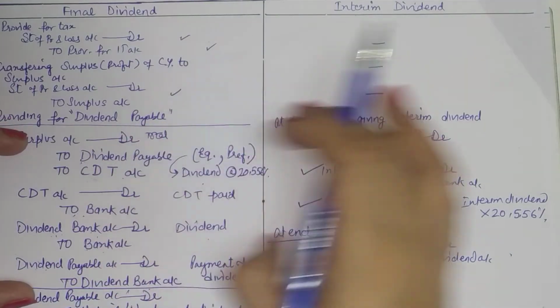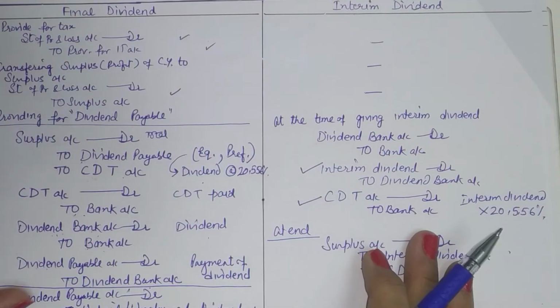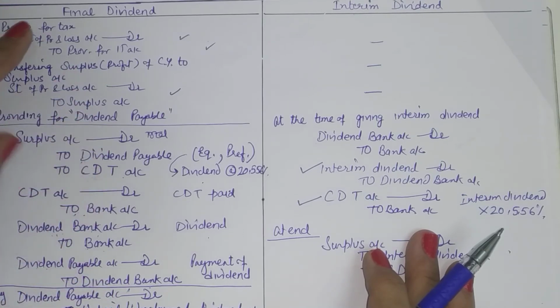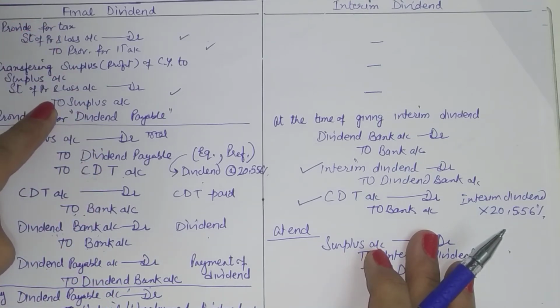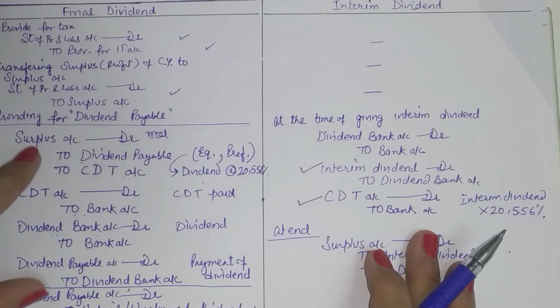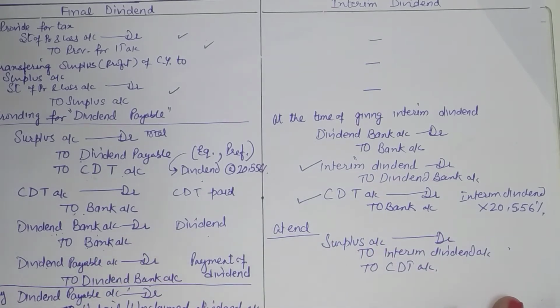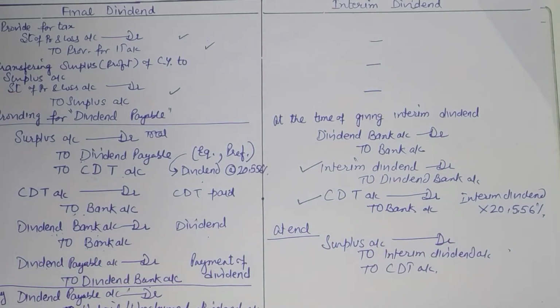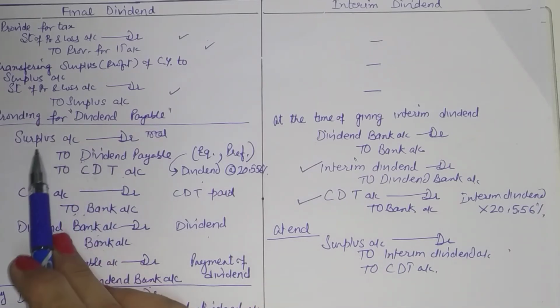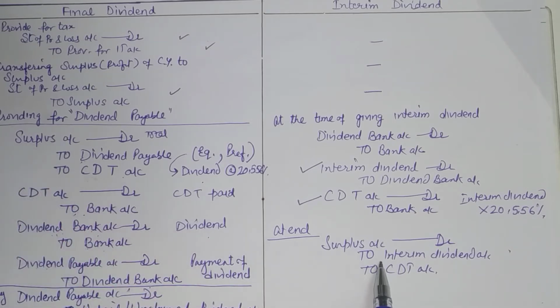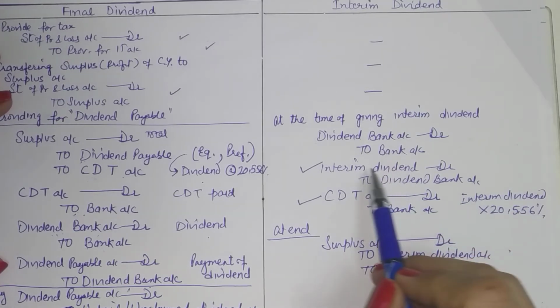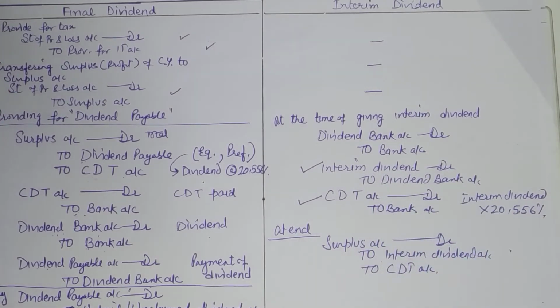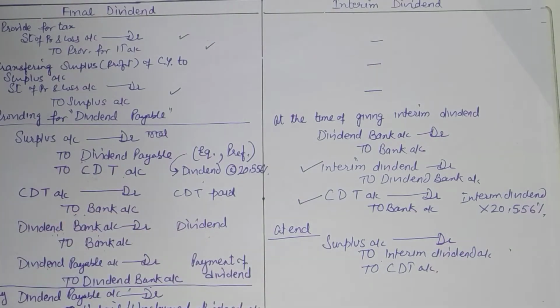So you see the difference in the journal entries. The journal entries are different here because in case of final dividend, you first determine your surplus of the year after tax, and then you first provide for dividend, and then you take steps to pay it. Herein you don't need to provide for this because we adjust this against surplus when we make the final statements. So this adjustment of dividend and CDT against surplus is done at the end of the year in case of interim dividend. So you simply put the money in a separate bank account and then you pay the interim dividend as well as CDT. Then you close them at the end of the year.